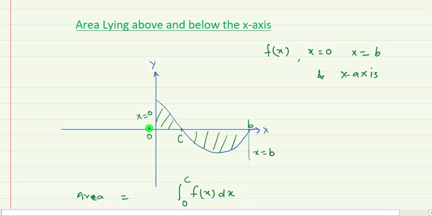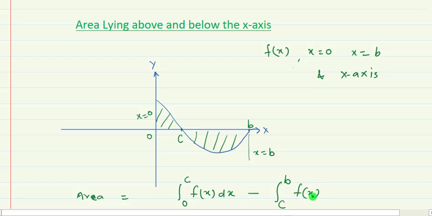As I told you, the area which is lying above the x-axis is taken with positive sign. Plus, it is minus, because this time the area is lying below the x-axis if we are talking about c to b. So this will be taken with minus sign, and the rest of the area will be c to b